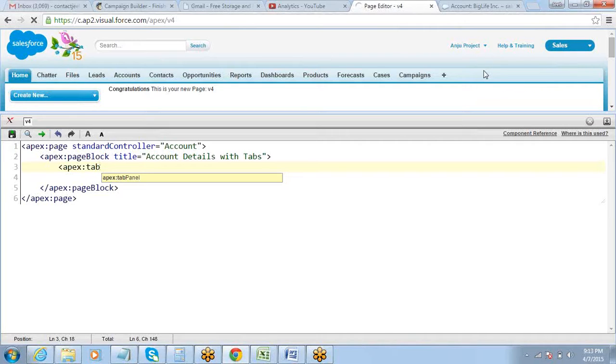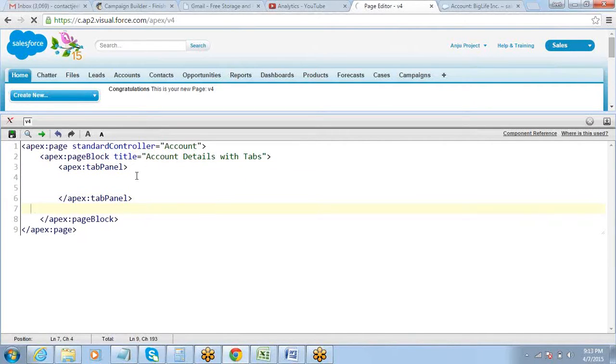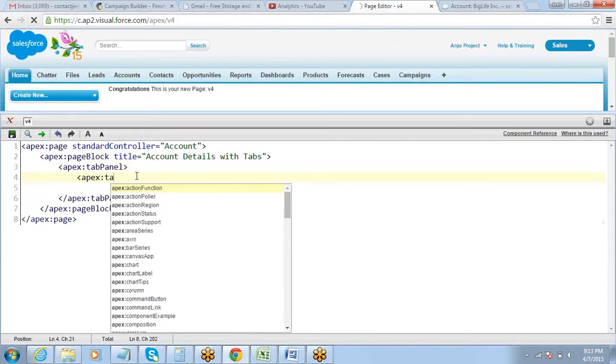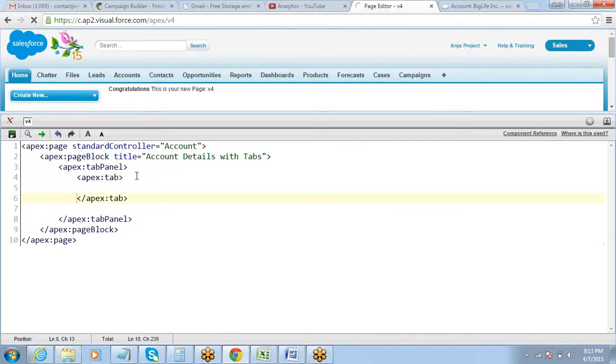So first of all, we'll need to create the panel, and we can set all the tabs on that panel. So just put a tab panel. It's as simple as this. You just have to create the tab panel. That's it. Nothing else needs to be written here. Inside that, now you can use a tab component. And for a tab component, you have an attribute of labeling the tab. Okay, the panel will not have a name or label, but the tab needs to have a label, right? Like details.